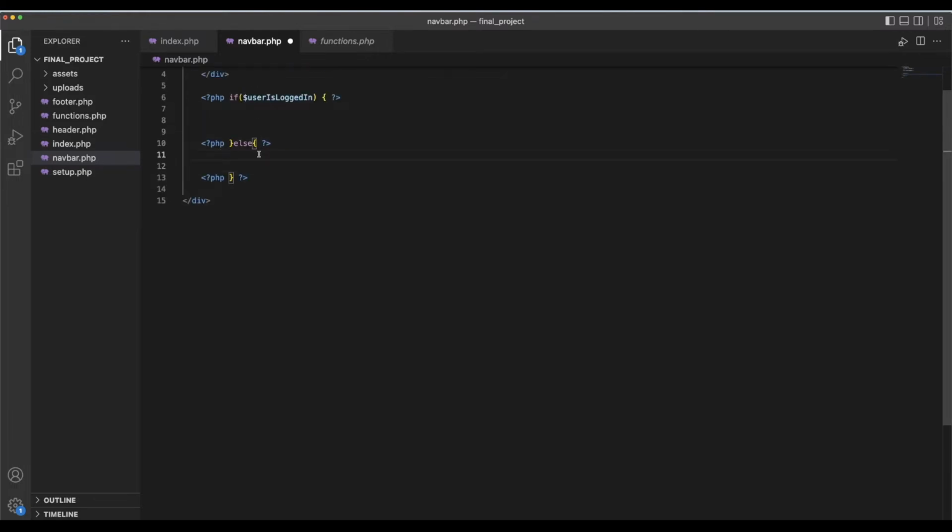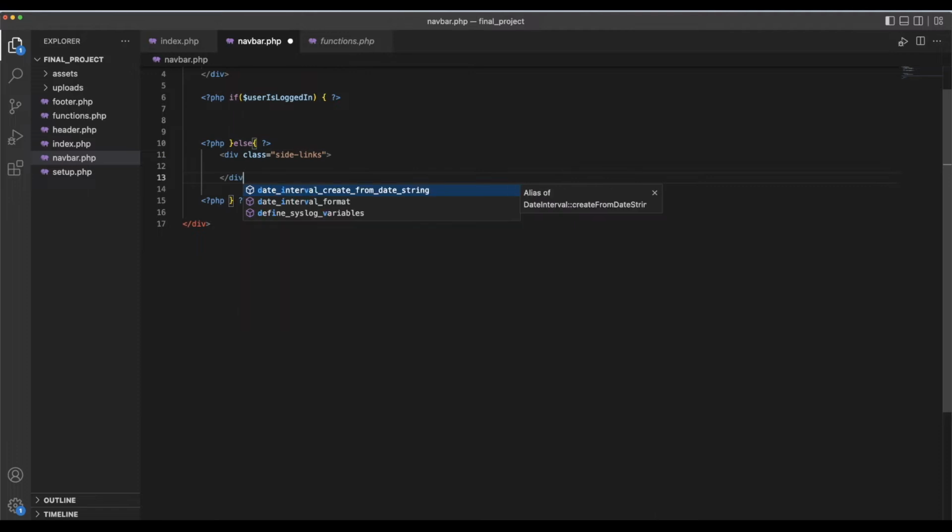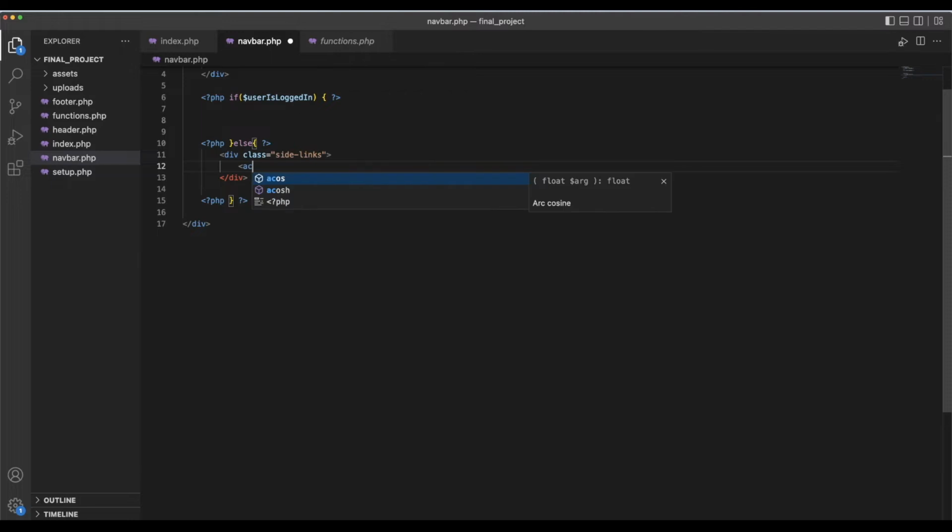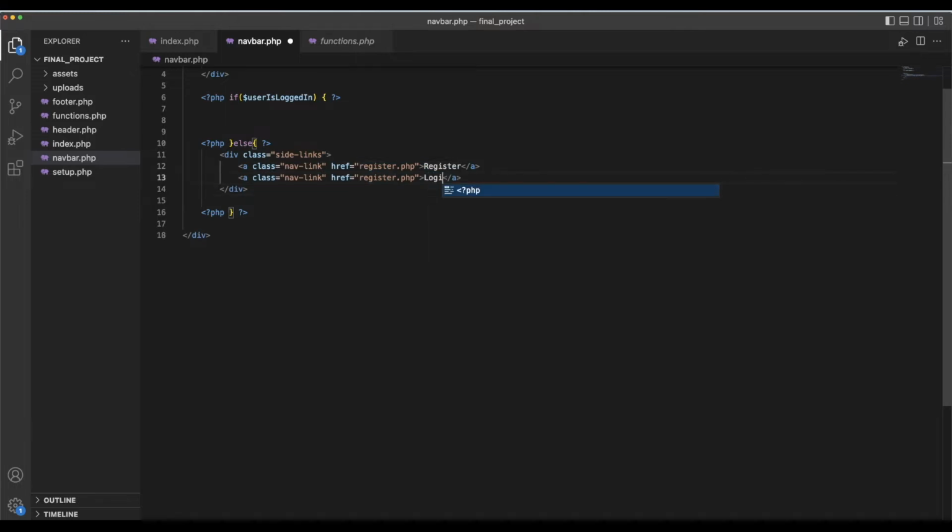So what do we want to run if the user is logged in or if the user is not logged in? Well, if the user is not logged in, we want to add div class, we'll call this side links. So these will be on the side, on the right side. And then we close this div. And inside of here, we'll give it an href. We'll give it a class of nav link, and then the href or the link will be register.php, and then the text will be register, and we'll copy paste this, change the text to login, and then